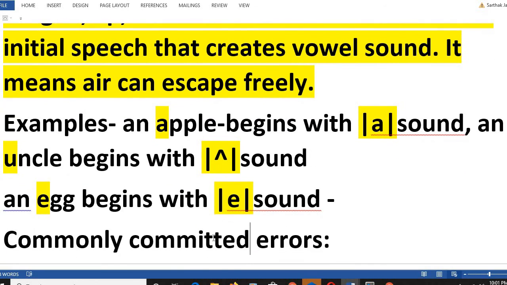Let us again practice this with examples. An apple. When you pronounce apple, a of apple, you will see all the organs of the mouth remain open, intact. They don't touch each other. Similarly, uncle, just practice it while pronouncing. You will notice all the organs remain apart from each other. Egg,